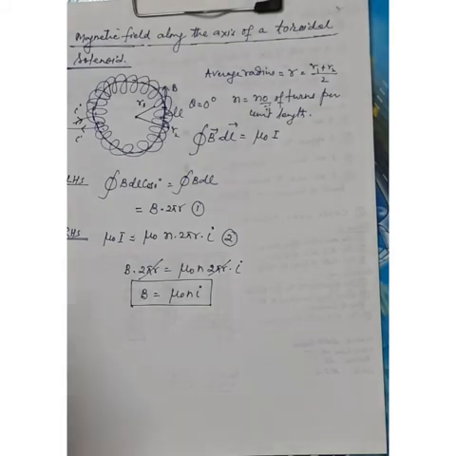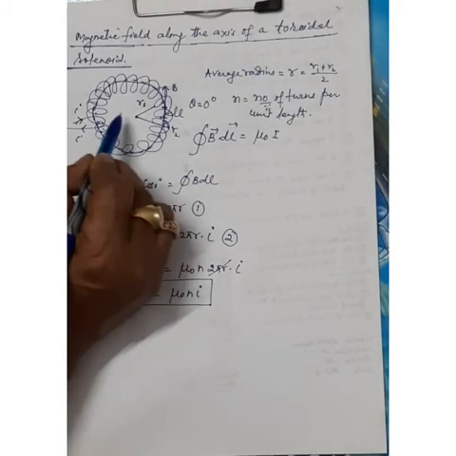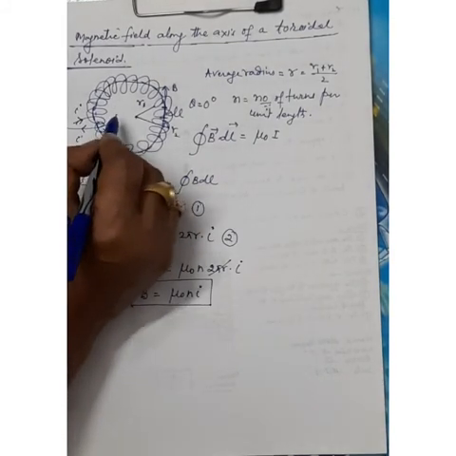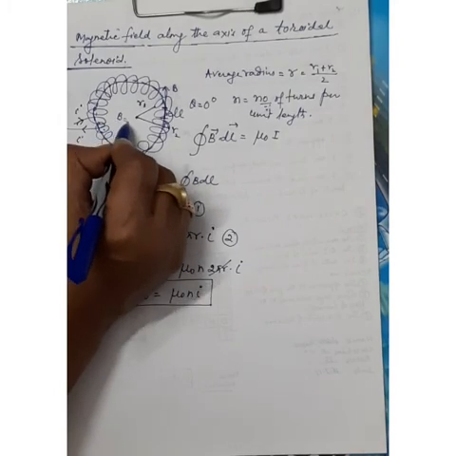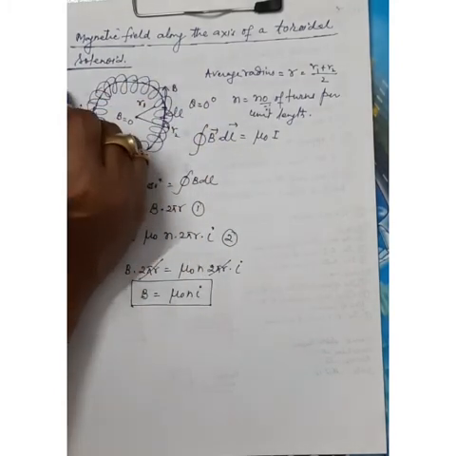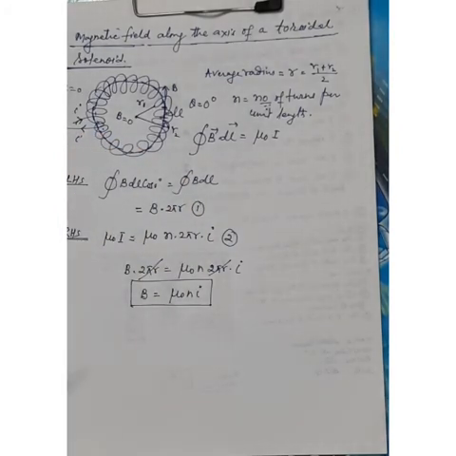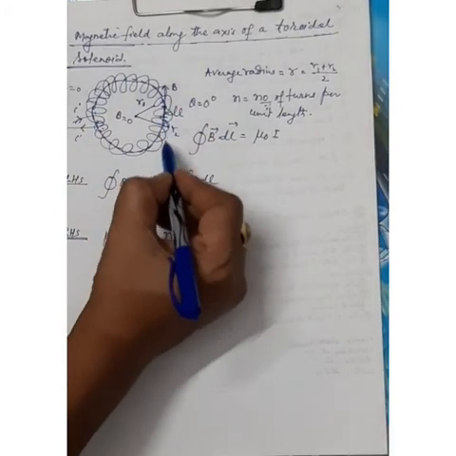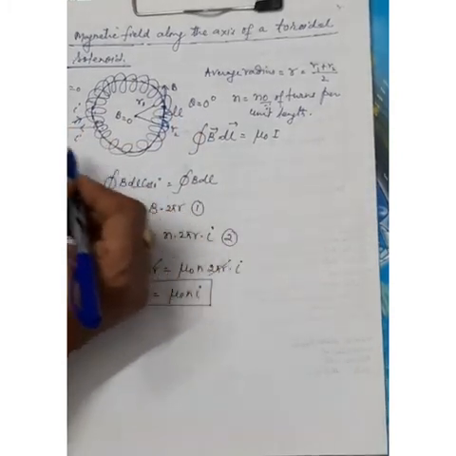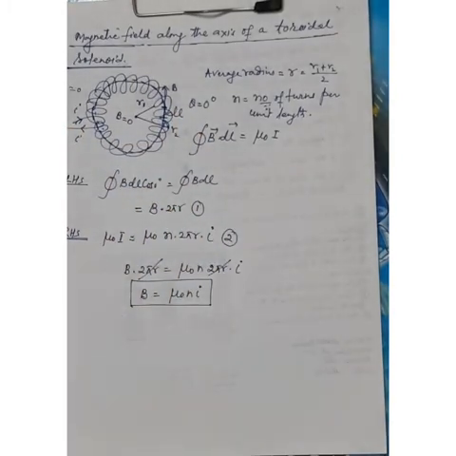Right? And the magnetic field in the free space is 0. So outside it is 0 and inside the empty space it is also 0, and again the magnetic field is localized along the axis of this toroidal solenoid. So the expression for the toroidal solenoid is B is equal to mu naught n i, as well as for a long solenoid it is mu naught n i.